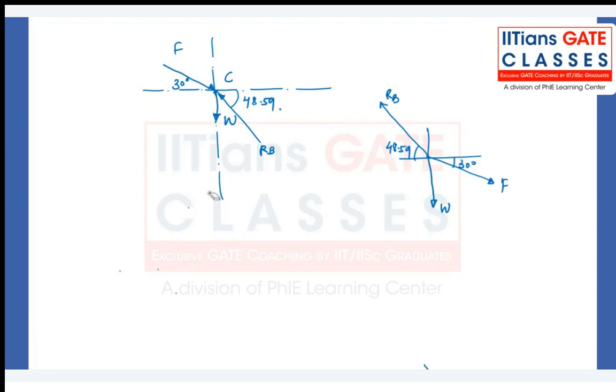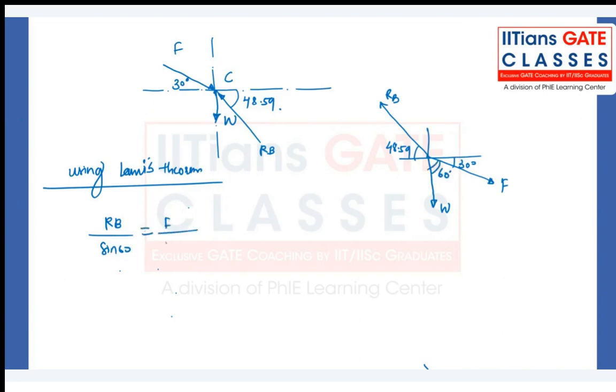Using Lami's theorem, I can say RB divided by sine of 60, because this angle is 60 now. If this is 30, this has to be 30, is equal to F divided by sine of 90 plus alpha, or 90 plus 48.59, and that is equal to W divided by